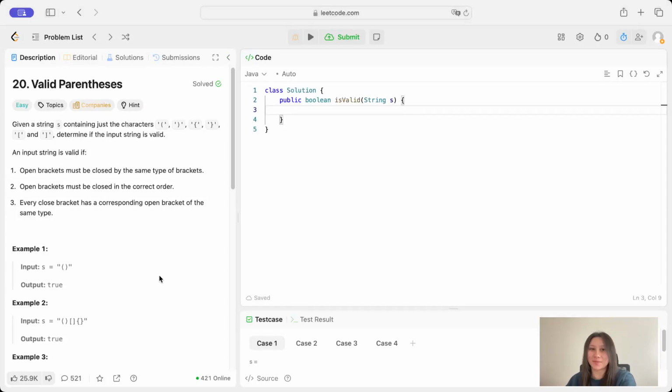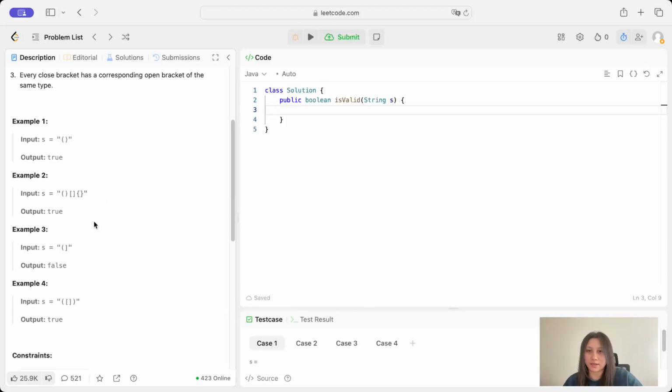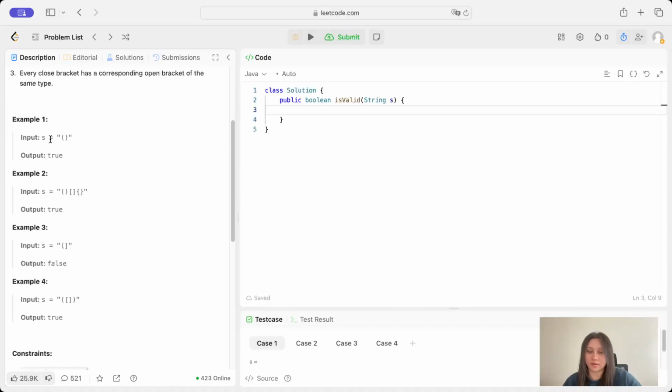Hi guys, let's do valid parentheses. So we're given a string S containing just these characters, and they want us to determine if the input string is valid. An input string is valid if the open brackets are closed by the same type of brackets, and the open brackets are closed in the correct order, and every closed bracket has a corresponding open bracket of the same type. So if we look at these examples down here, and when the input string is this, we output